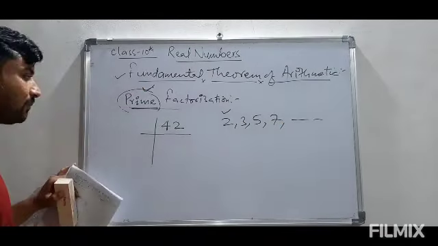Again we have to see whether this new number is divisible by 2 or not. As we can see, the ones place is 1 here. It is odd, so it is not divisible by 2. So this number is not possible now in the further factors. So we will move to 3. Now to check whether a given number is divisible by 3 or not, what we have to do? We have to just find the sum of digits. Here 2 and 1 are there, so the sum of digits is 3. If the sum of digits is divisible by 3, then that number will be divisible by 3. So here the sum of digits is coming out to be 3, so it is divisible by 3.